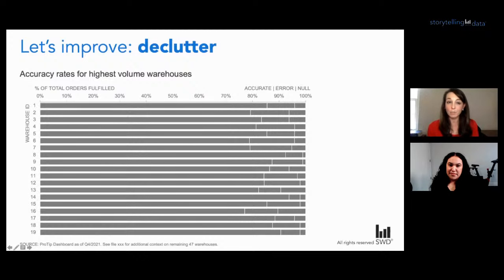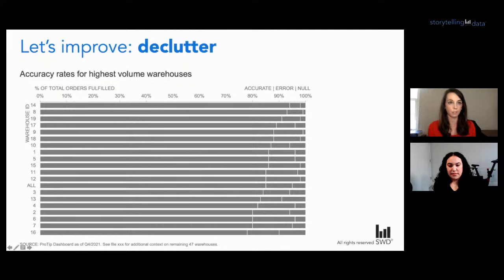So another way I can add some structure is to think about sorting the data differently. I've seen a lot of comments and requests for that. So currently it's sorted numerically by the warehouse ID. That might make sense if we were back in that look up specific values scenario, but I want to sort in a more meaningful way. So I'm going to do two things in my next change. I'm going to sort in a descending order by accuracy rates. And I'm also going to add some additional context and pull in what the overall average is for all of the warehouses that I'm not showing, just to provide that. So that looks like this.